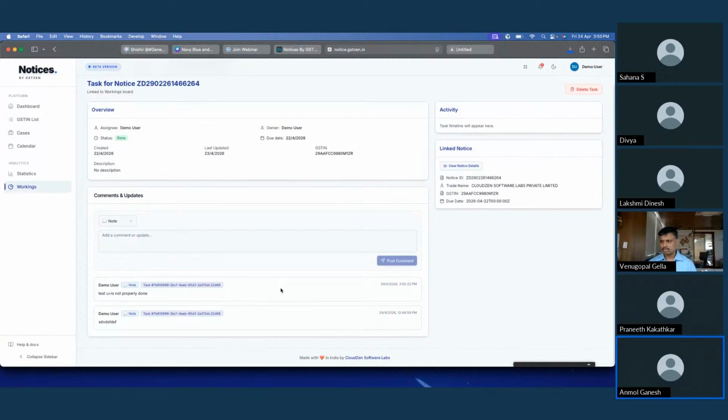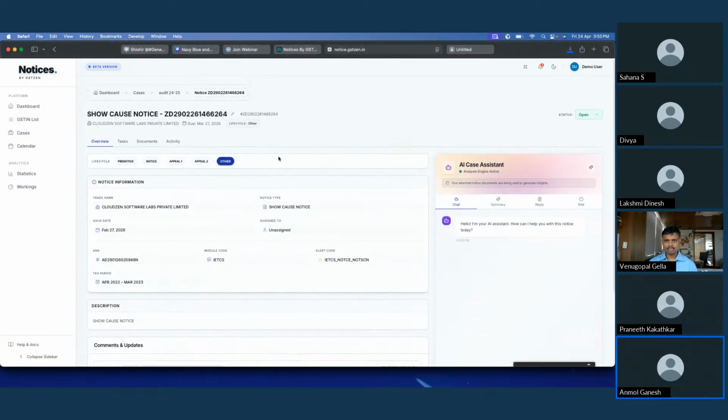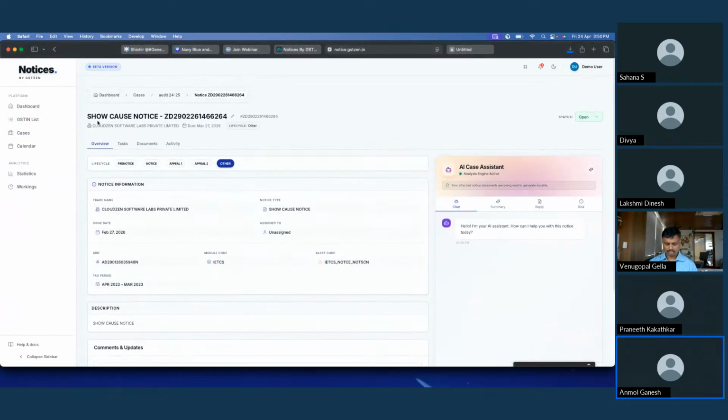That comment gets added under a particular task, and we can also look at the linked notice for the particular task, so that we don't have to go back to our notices tab and come back to the task tab again. If you want to view the linked notice, we can just click on this notice details, or just below this we have the notice ID. This is nothing but the linked notice detail. It just redirects us back to the particular notice that has already been created.